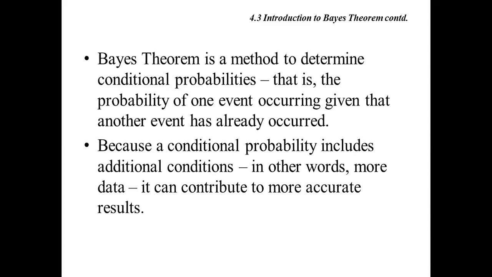Okay, so this method is used to determine conditional probability, that is, the probability of one event occurring given that another event has already occurred. For example, as in the last chapter, here we are seeing the example of two tests. There are two tests considered